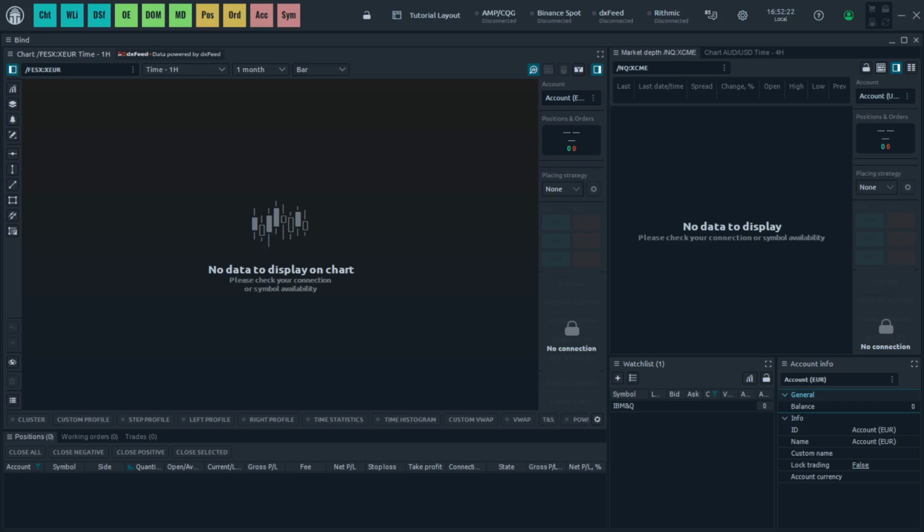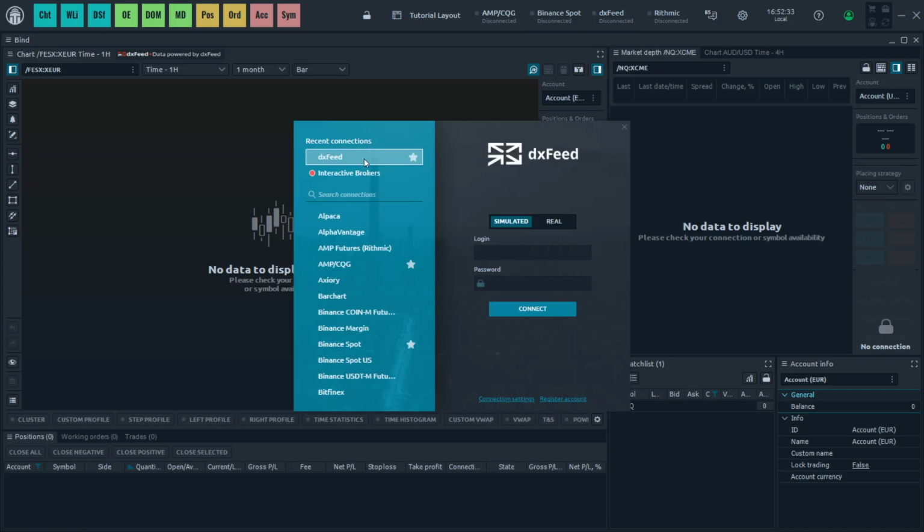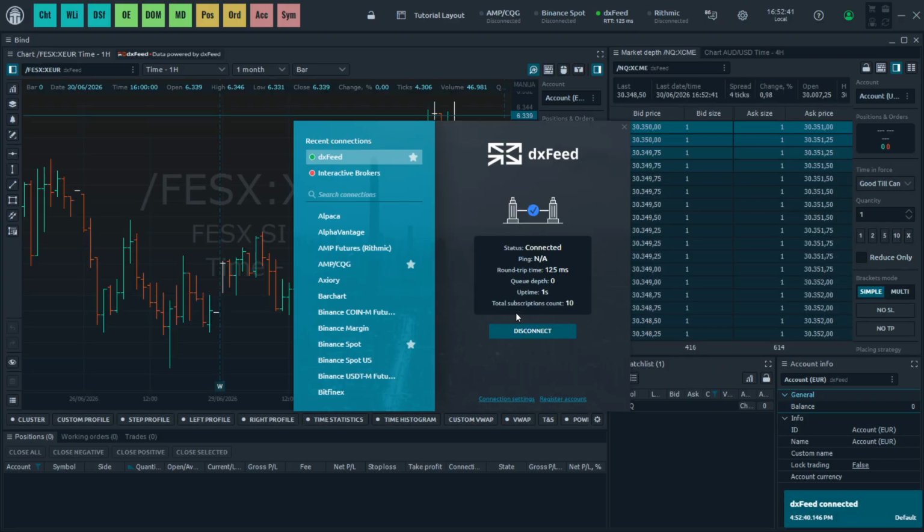In this video, I'm going to show you how to paper trade on Quantower. Now to do this, there's two different ways. The first one is to go to the top here and find the DX feed, click on it, and then from here when you have DX feed selected, go to simulated over here and simply click on connect. When you do this, it's going to start connecting and it's going to take you, as you can see here,